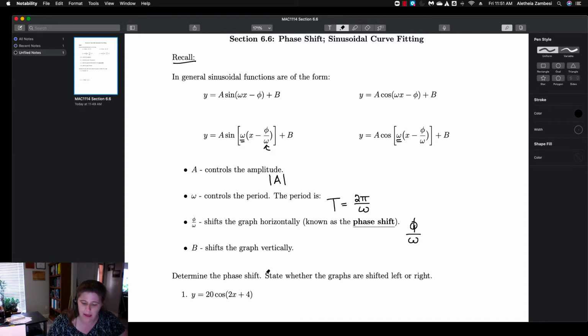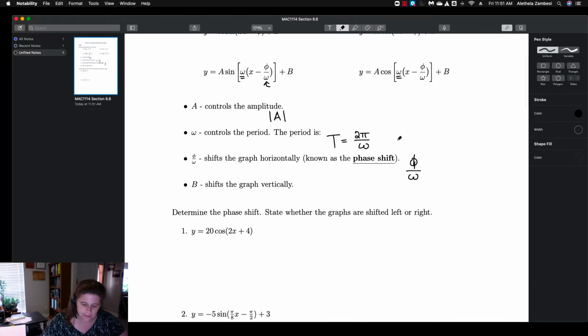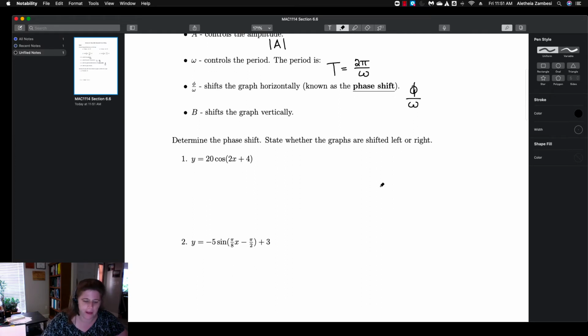And if that is negative, meaning you have a positive term in here, it moves to the left. If it's a negative term in here, meaning that it's just the formula, it moves to the right. And B shifts the graph vertically, in the same direction as the sign. So if we want to determine the phase shift from some of these, the first thing we have to do is factor out omega. So we want to factor omega to the front